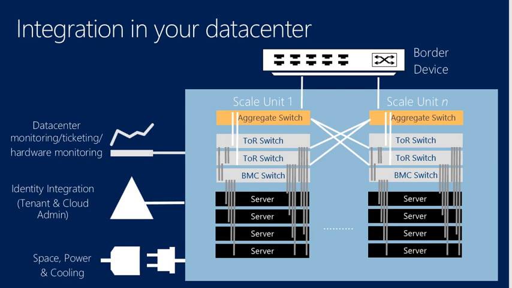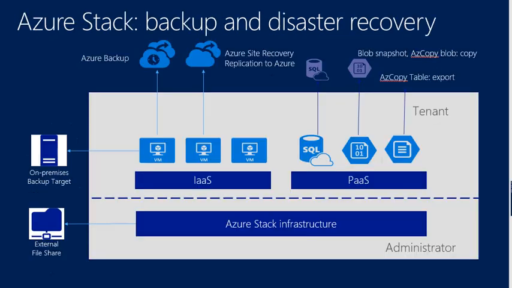And hopefully that will help you understand how the single unit and multi-unit will look like using the border devices. Single unit, like in this scenario: BMC switches, servers behind, the power, the integration itself, and then how that will look like in the Azure Stack for backup and disaster recovery. We have the infrastructure as a stack, external file shares. You've got the paths, you've got the tenancy, and you've got your AZ command, blob storage, Azure recovery, replication,